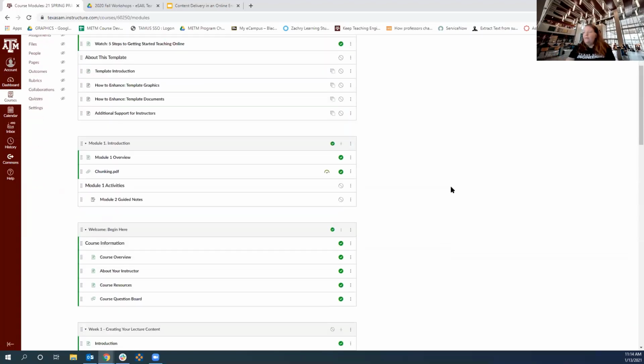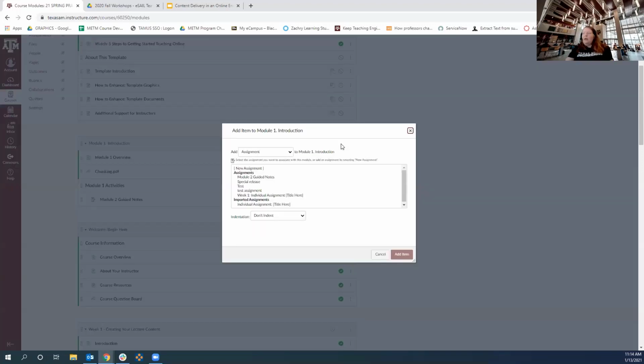One of the things now you can do to add content inside a module, you'll see a plus sign within this gray of the module, and that's how you add content. And you have different options here. You have assignments, and you have quizzes, you have files, pages. Page is just like an item inside eCampus. You have discussions, text headers.